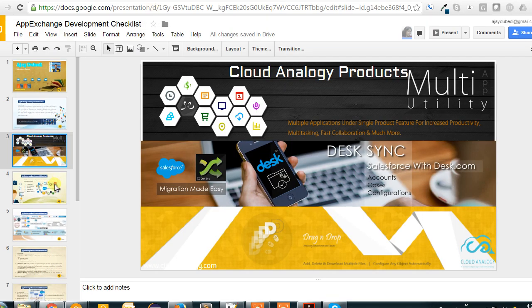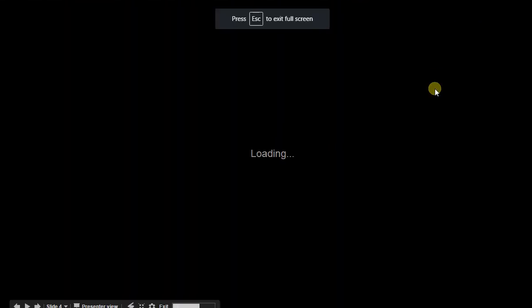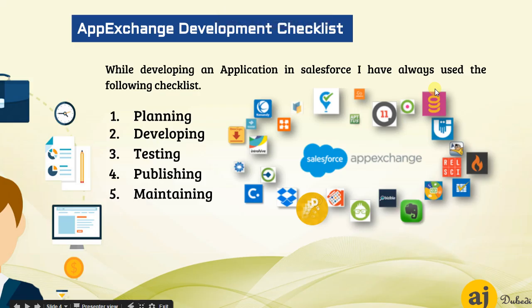So if I go back to the slide, let me explain one by one the strategy behind AppExchange application development. The way I have planned Salesforce AppExchange app development, the strategy which I have built up, is plan, develop, test, publish, and maintain. Even before you start planning everything, just remember that you are going to put this application out